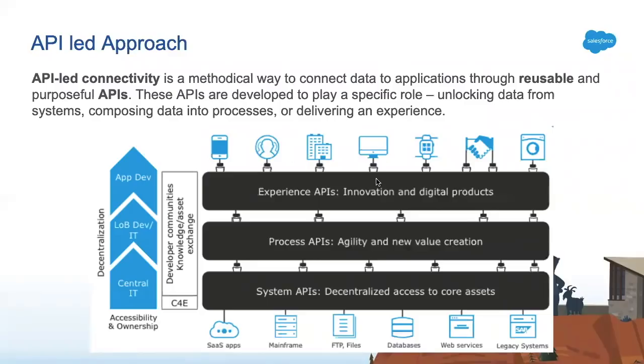So here is what is happening. The end user, whoever wants to access your data, only knows about the experience layer, nothing else. Behind the scenes, the process layer has all the logic, orchestration and everything. And below that is the system API. That is nothing but API-led connectivity. MuleSoft suggests it's always best practice to architect your APIs in 3 layers.